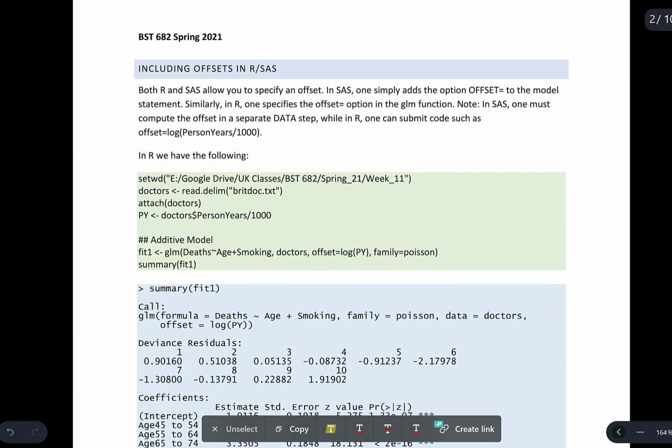All right, so you can include offsets in both R and SAS. In SAS, you simply add the option offset equal to. So in SAS, it's very, very straightforward. Similarly, in R, you specify the offset equals option as well inside the GLM function. Now, one thing that you do have to be careful about is in SAS, you can't just take, okay, this is my explanatory variable and I want to divide it by this. When you do the offset, you have to make that transformation in a separate data step and then use that new variable when you go to actually fit your model. Whereas in R, you can actually do that